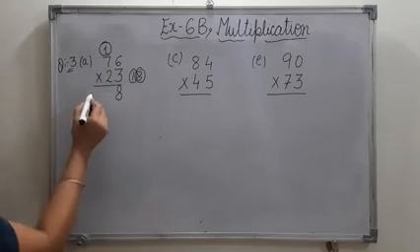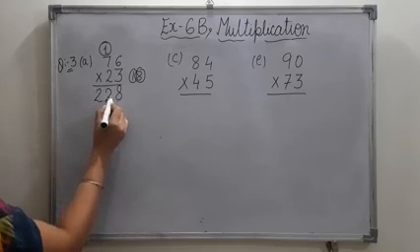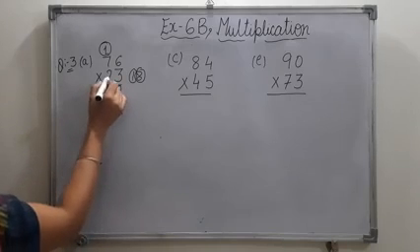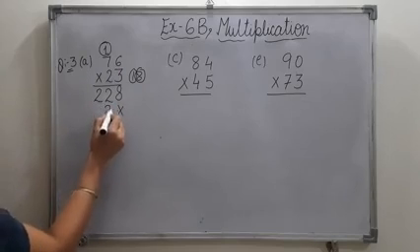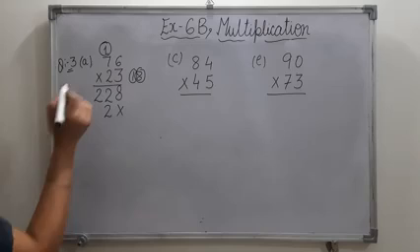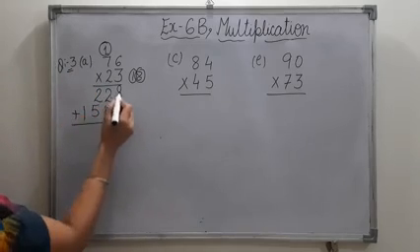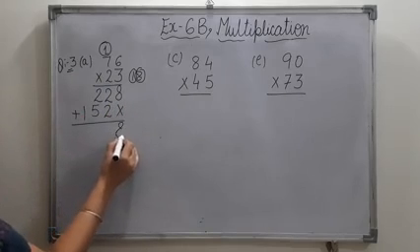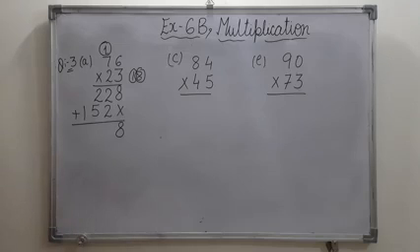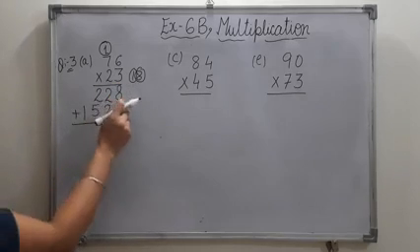21 plus 1 is 22. Next we have to multiply by 2. 6 2s are 12 and 1 is carried over here. 7 2s are 14. 14 plus 1 is 15. Next we have to add these numbers. 8 plus 0 is 8. When we add any number to 0, then we will get the same number. Okay. So 8 plus 0 is 8.